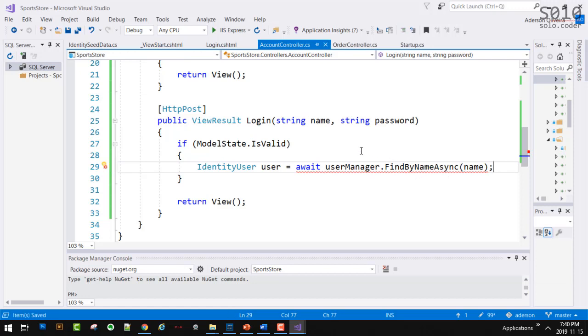Now we still have an error here. Let's have a look at that. We saw this a little bit when we spoke about partial views. Partial views, you saw this terminology here, this thing called async. An asynchronous method. What is an asynchronous method?